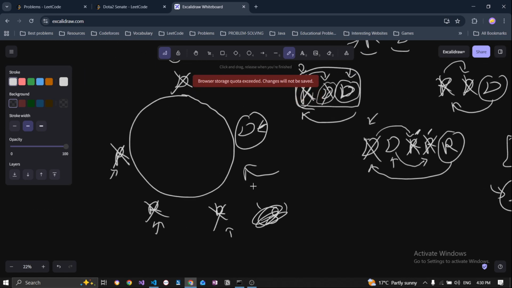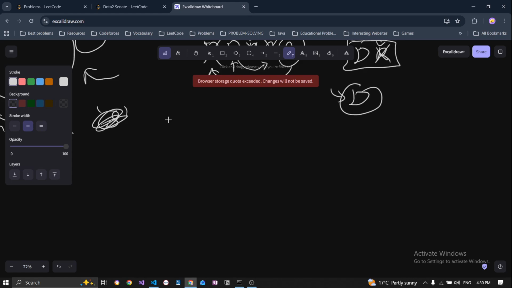So as we encounter a D, let me explain it another way. Let's say we encounter a D, and there are some other characters before this. This D can potentially be removed if there was an R before it that was not being removed, because this R has the right to eliminate it. If there was an R to remove this D, then we remove it and skip this one. We don't do anything. Otherwise, there were no R's,